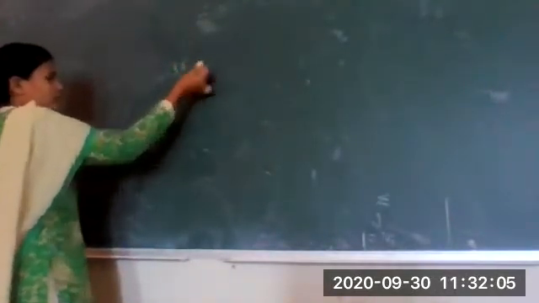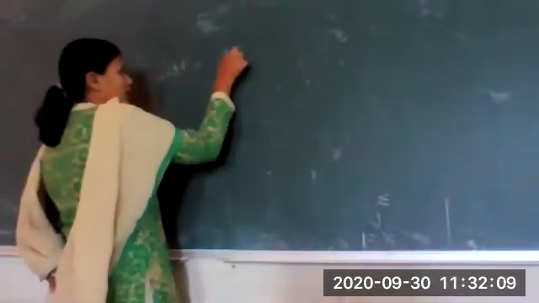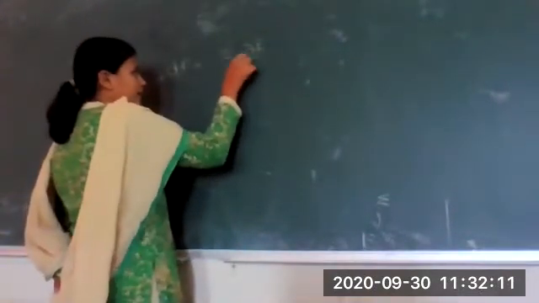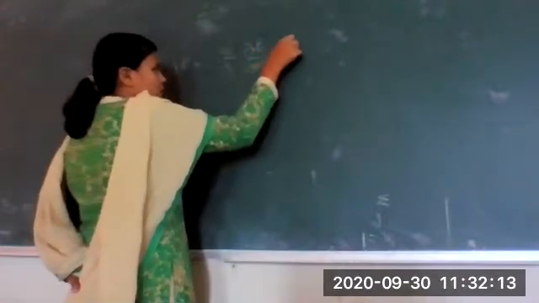Okay, next we have to see the next theorem, that is, if f is a differentiable function on E3 space, then show that df is equal to the summation over i of dou f by dou xi into dxi. What is our aim to show? df is equal to the summation over i of dou f by dou xi into dxi.